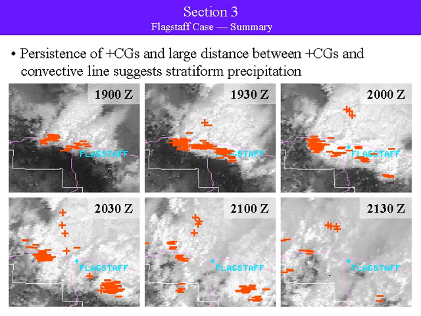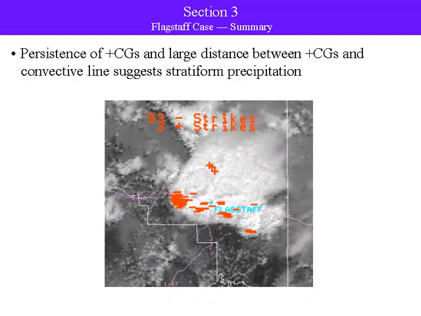So in summary then, the Flagstaff case shows us that lightning data, perhaps combined with satellite, can be used to support the nowcaster at times when maybe the radar goes out or the beam is blocked or the storms are at an extreme range. Remember that large clusters of negative CGs can be used to identify heavier precipitation cores, and that areas of persistent positive CGs are indicative of stratiform rain areas. Persistent positive CGs and large distances between CGs and the convective line, in this case, were definitely indicative of